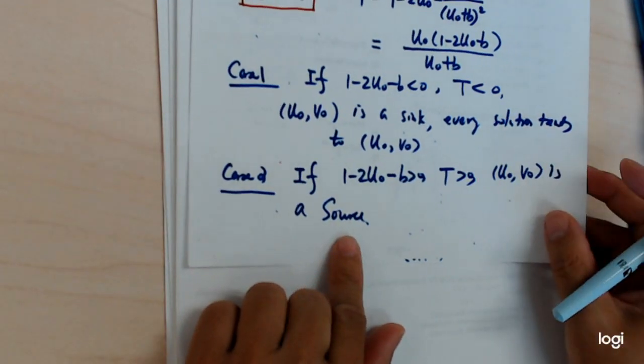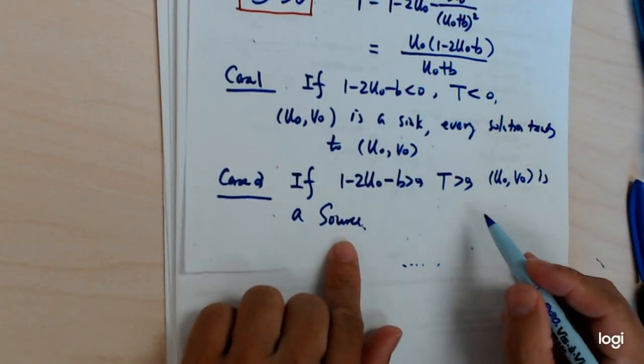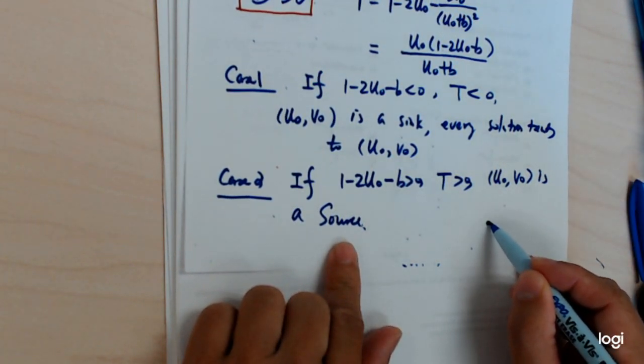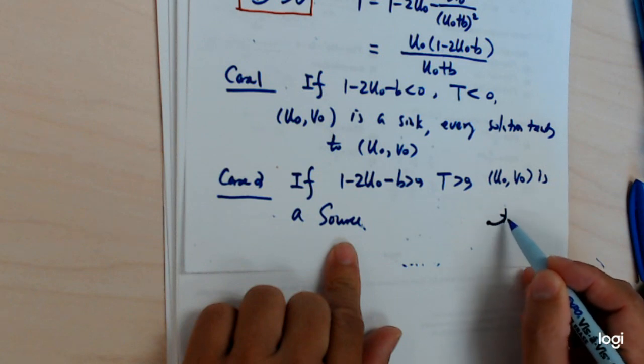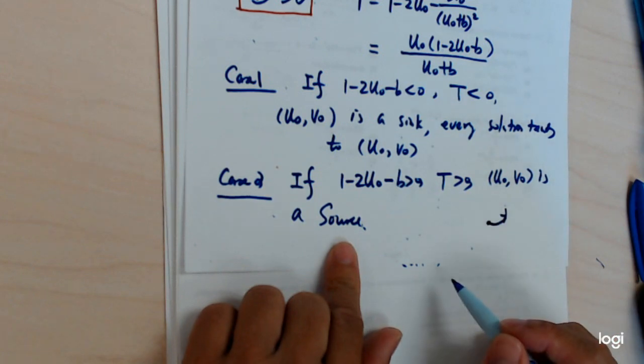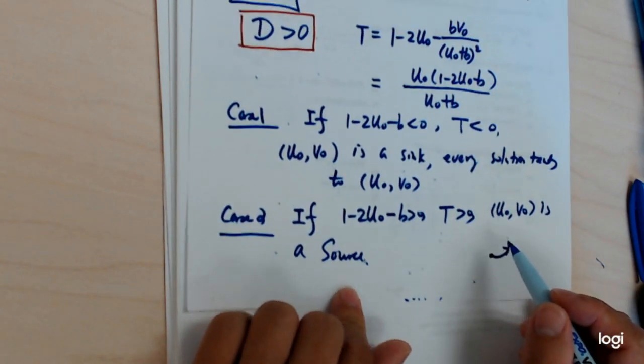So in this second case here, I know this one is a source. So this is U0 and V0. So the solution will move out. Okay, the solution goes out somewhere. But where does it go? Where does it go? Now that we have